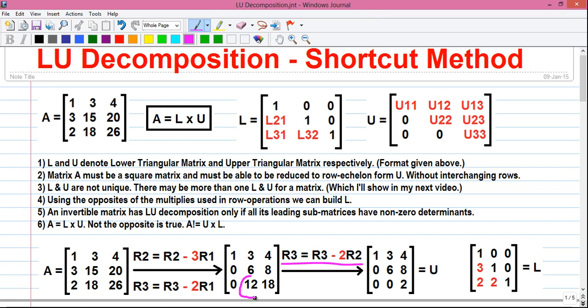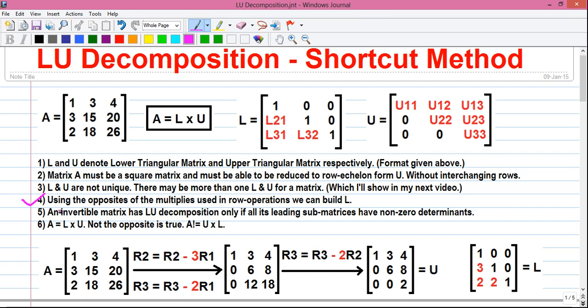So that's equals to 12 minus 2 into 6, that's equals to 0, and 18 minus 2 into 8. So 18 minus 16, that's equals to plus 2. So we have successfully converted matrix A into a row echelon form, and this is our required U. And now we find out the L. L is given by